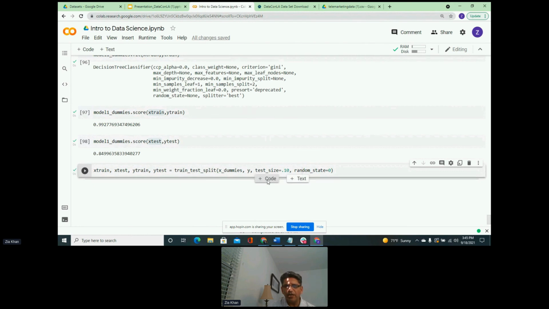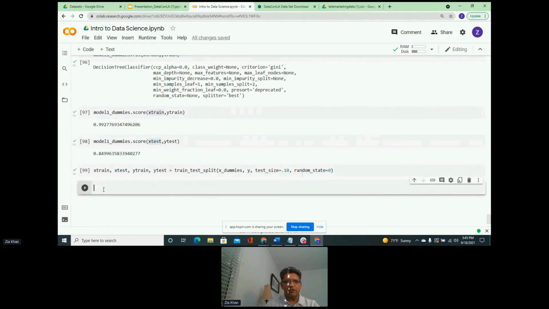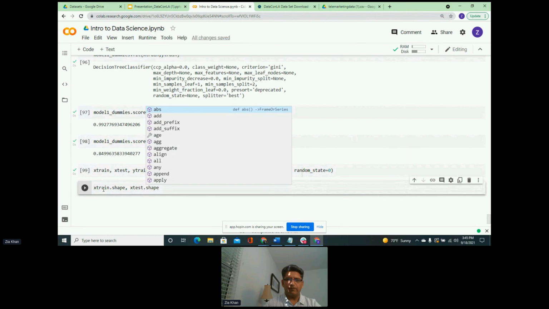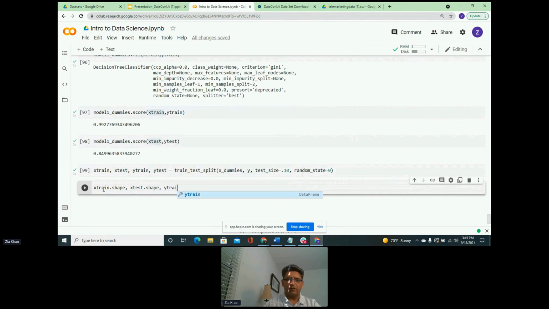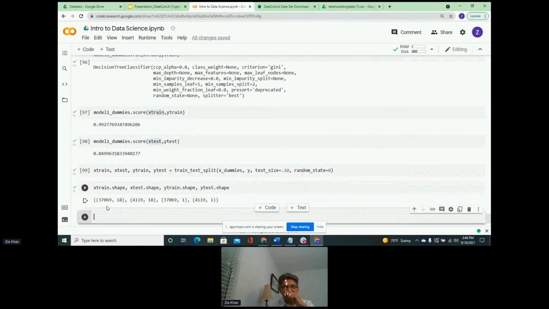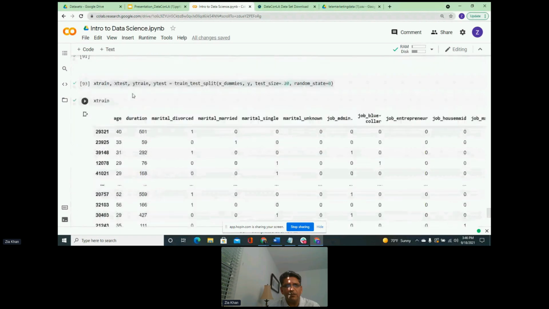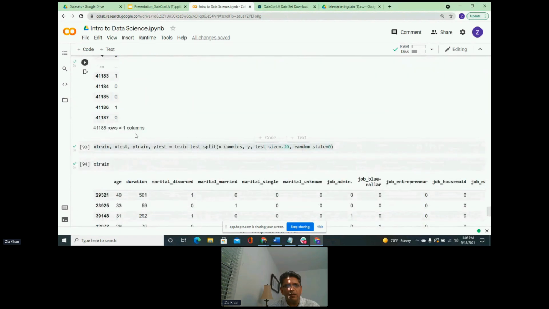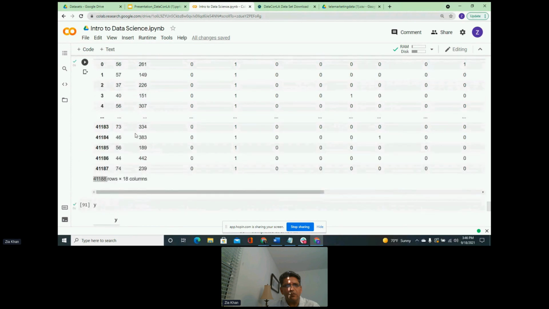Because we changed those, let's look at the shapes again. So this is X train dot shape, and then X test dot shape, and then y train dot shape, just to make sure that everything is good. Y test dot shape, and let's look at that. So the training data has now increased from earlier, it was 32,000 rows. Let's go back up there and make sure of that. Where is the number of rows?